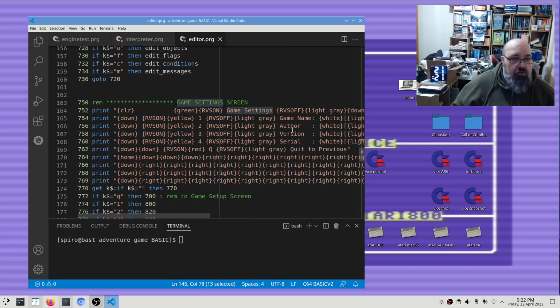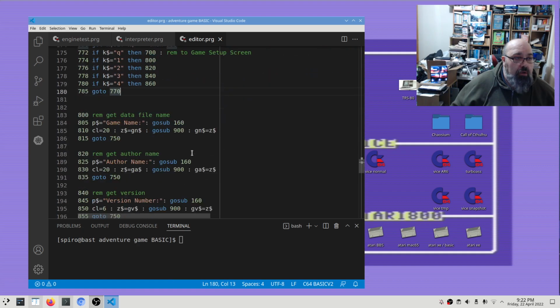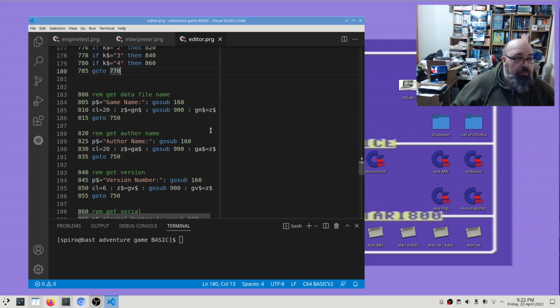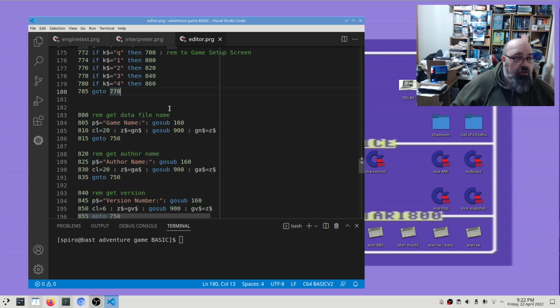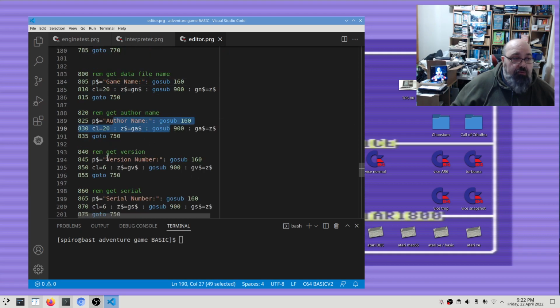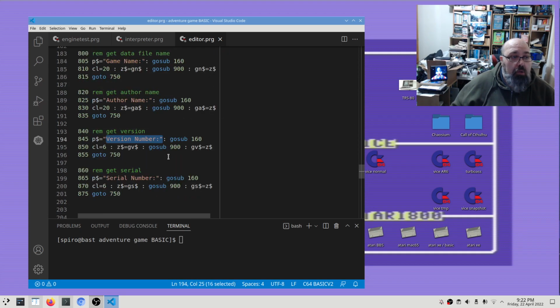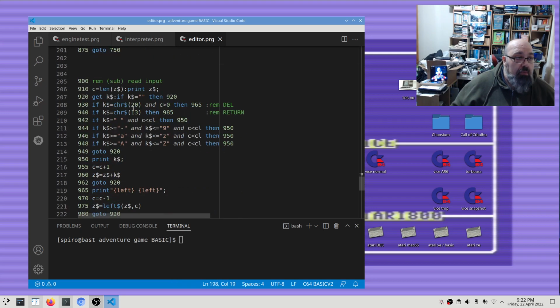And this is the menu for setting up the game settings, and a bunch of other little routines. So these are part of the game settings. You configure the game name, the author name, the version number of your game, the serial number of your game, and then there's a